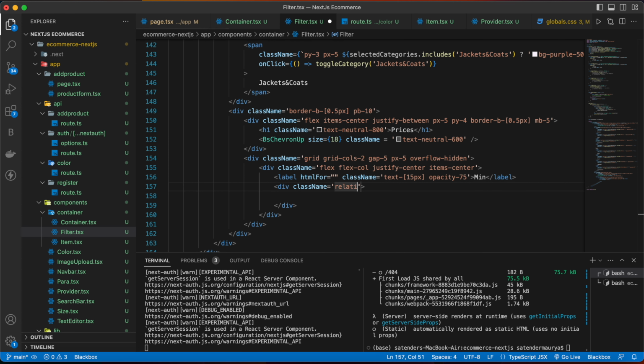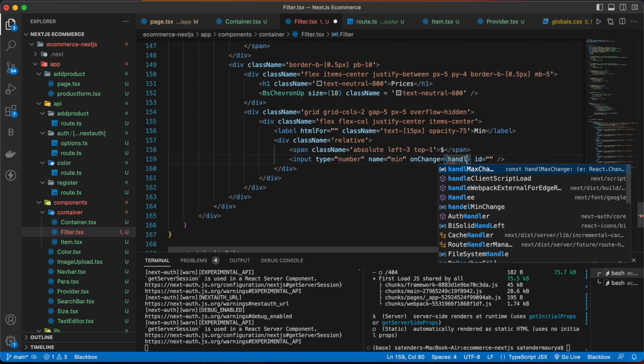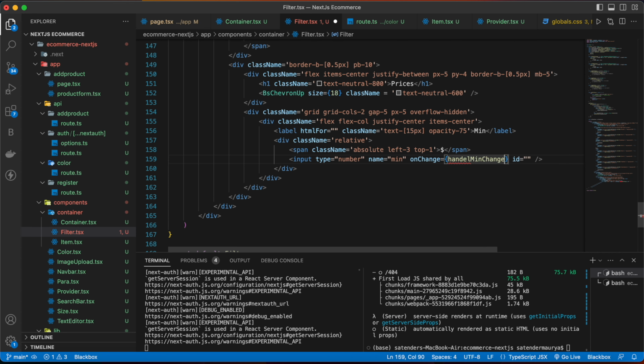Left will be 3, top will be 1, and then add the dollar sign here, and below that we are going to have our input, which will be a type of number, and name will be min. Pass the onChange function, and then write handle min change and give value to price dot min.